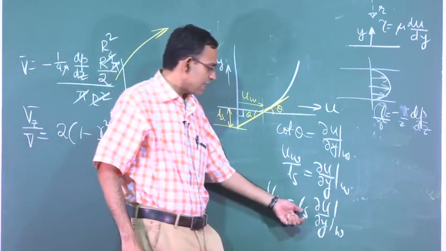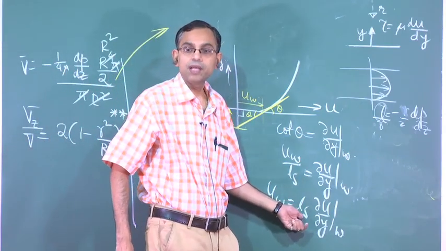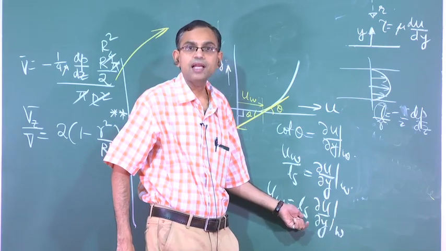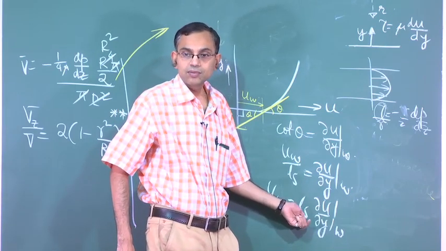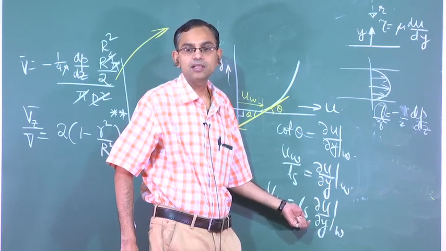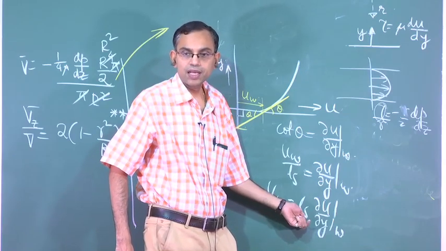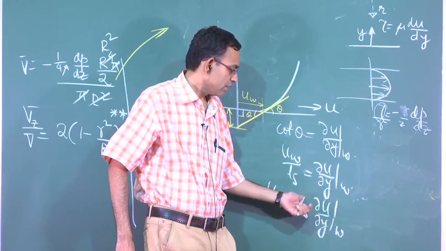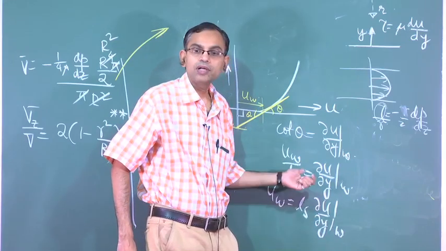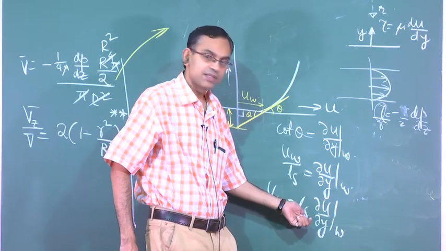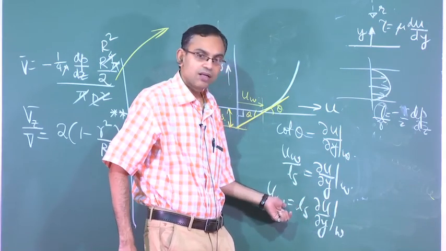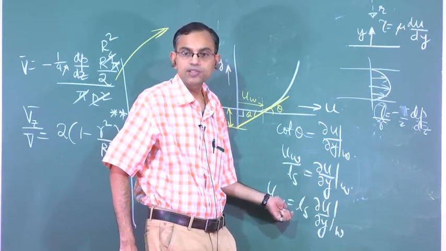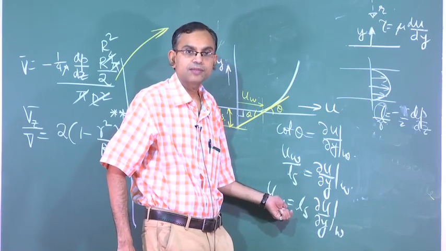So this Ls is called the Navier slip length, because Navier, in 1823, was a very famous mathematician in the domain of fluid mechanics and applied mathematics, and he first postulated this boundary condition. So if Ls is 0, then the velocity of the fluid at the wall is 0, that is the no slip boundary condition.